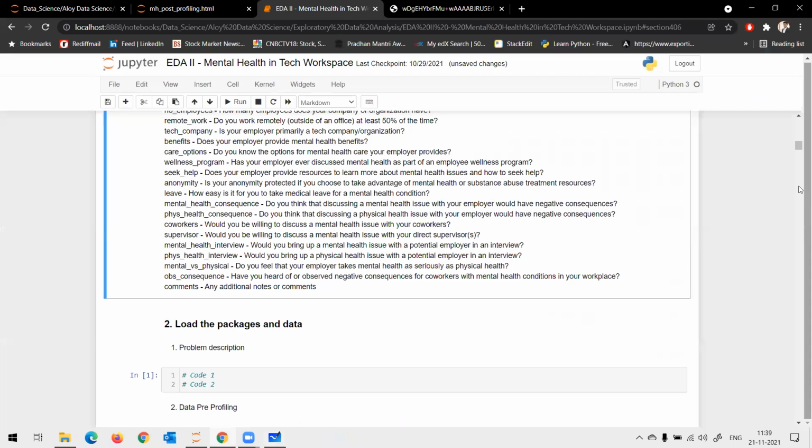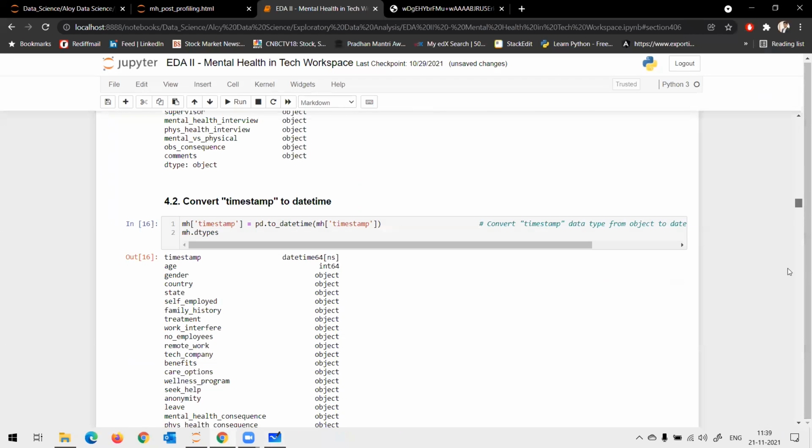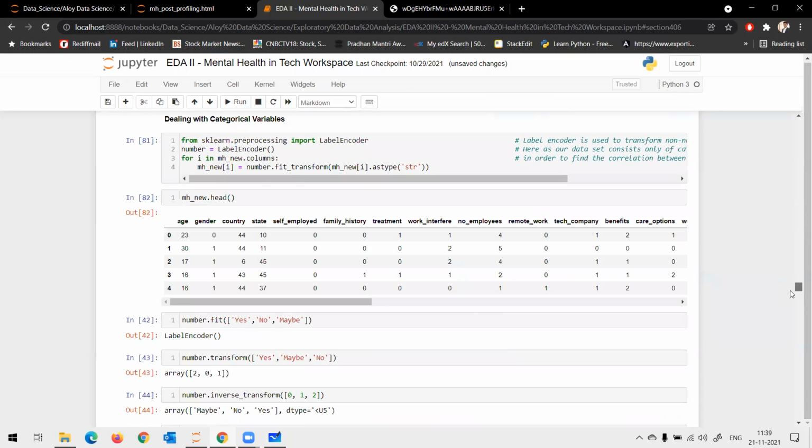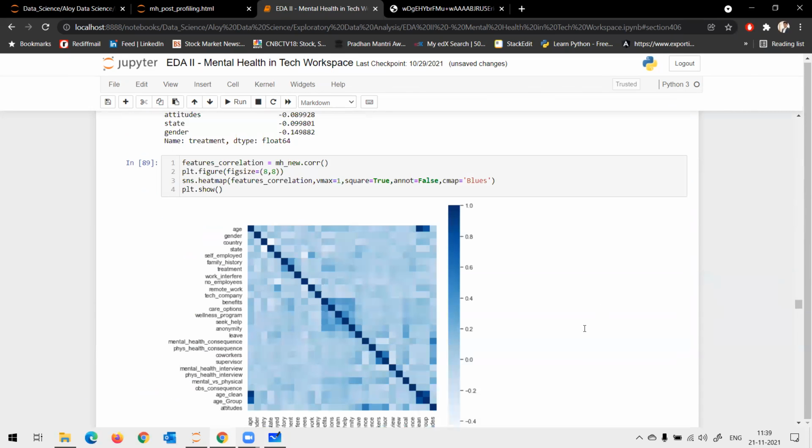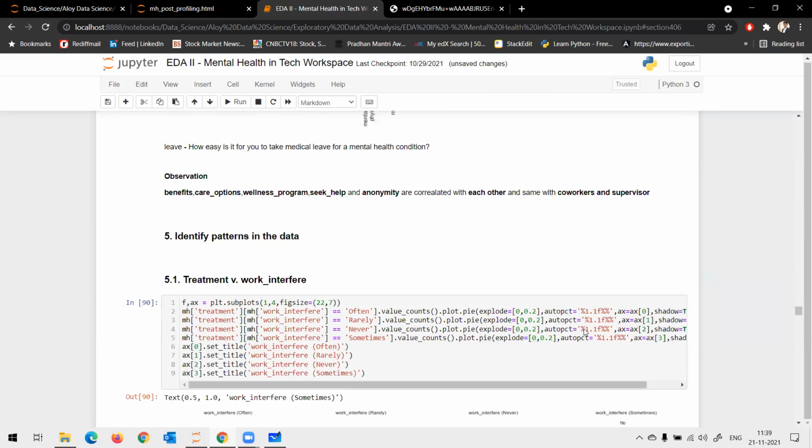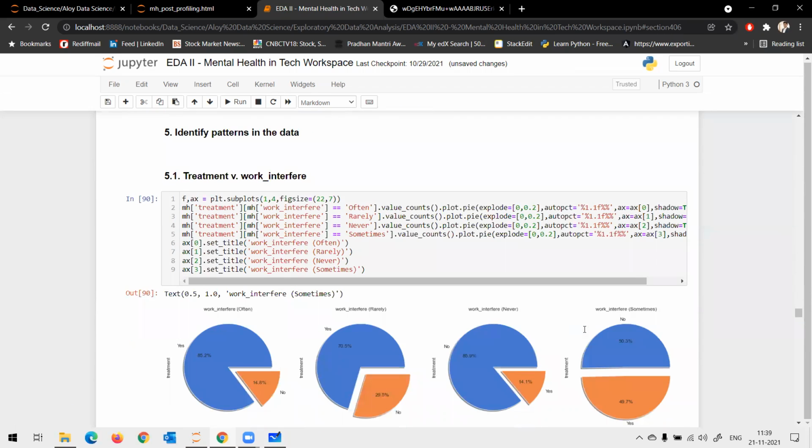Now, treatment versus work interference.